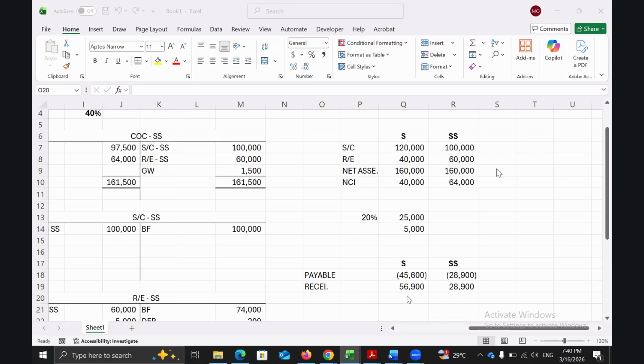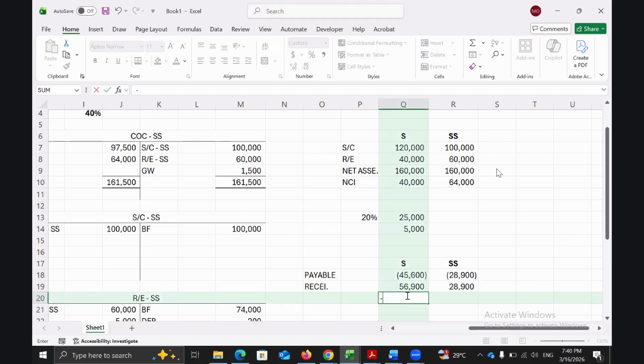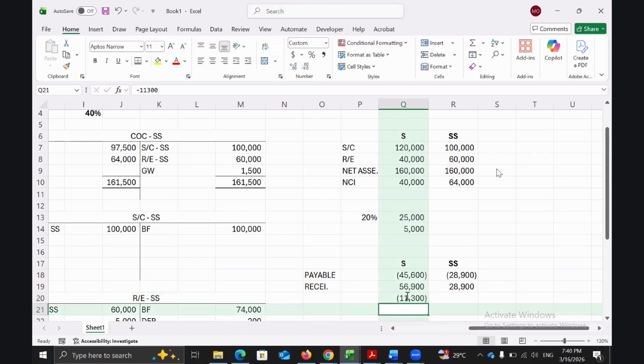Another payable balance of 11,300 comes here. Then ultimately